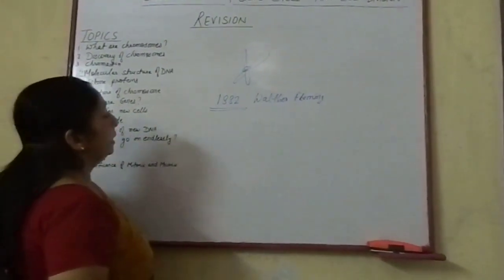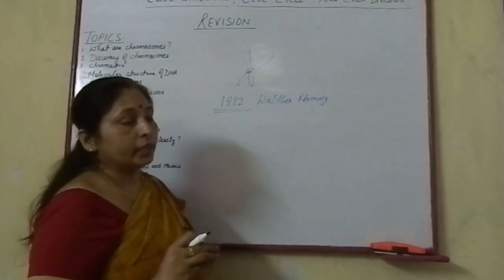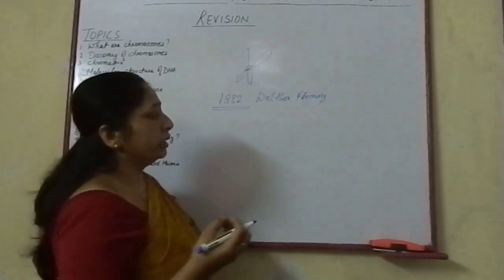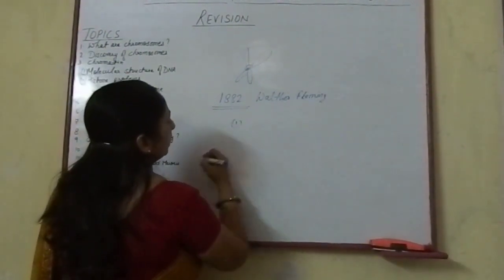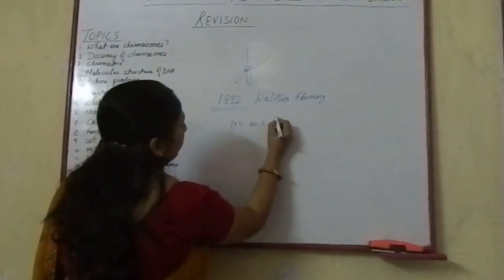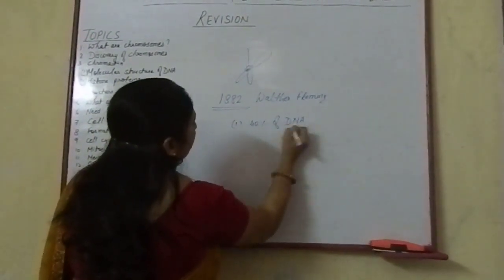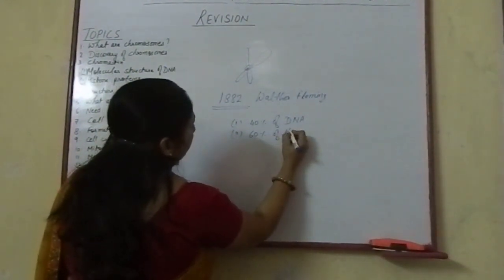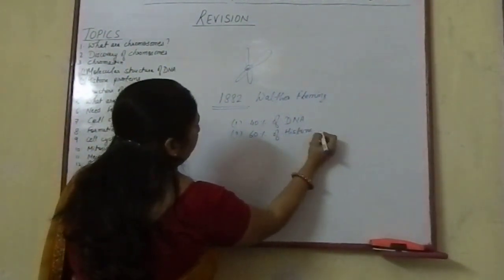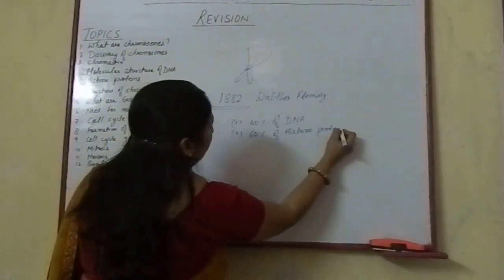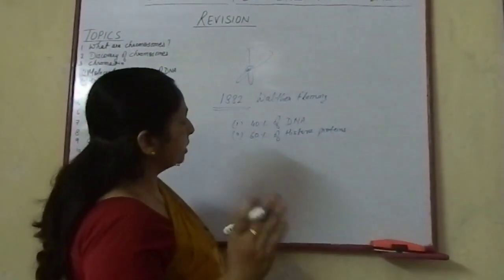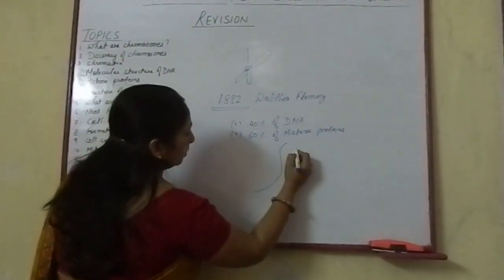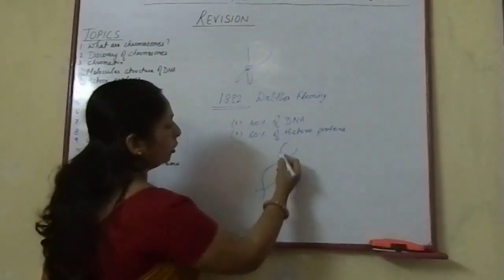Then the chromatin material. Chromatin is the genetic material which carries the genes or the DNA segments. Chromatin material basically contains 40% DNA and 60% histone proteins. If we are discussing the DNA structure, DNA is a double-stranded coiled helix,